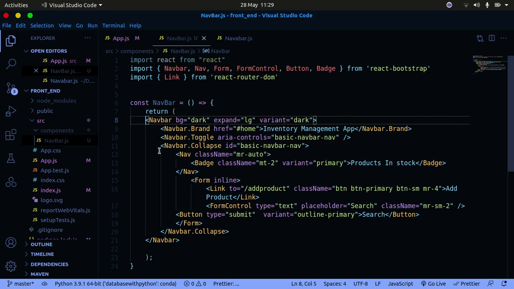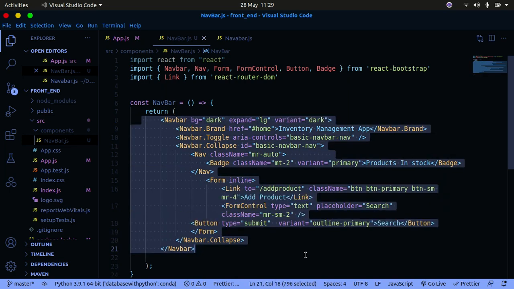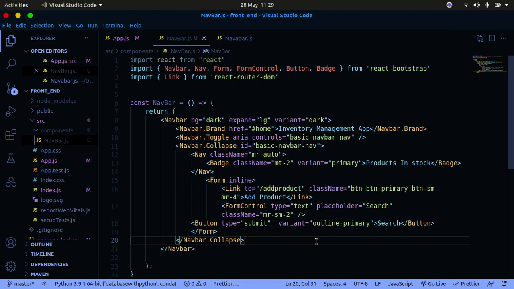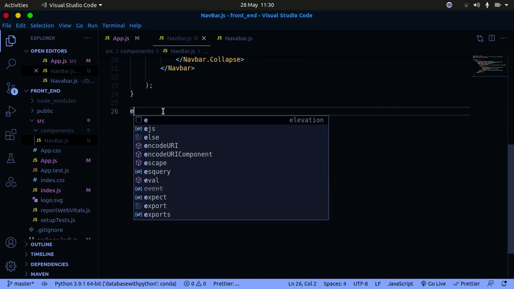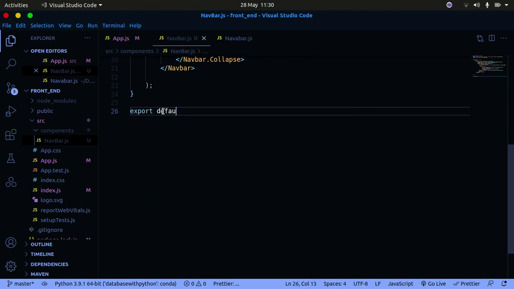Okay, so bring that there, and then indent all of that. Yeah, so that's all we need to do. This is going to deal with the links for us. We can see this Link tag that you have imported. You're going to use it to link to add products, and we'll see this link in the future, so don't worry about that. And you can see the Navbar, the Nav, the FormControl, the buttons, and then the Badge. Okay, so now that we have that there, let's go ahead and export this, export default,